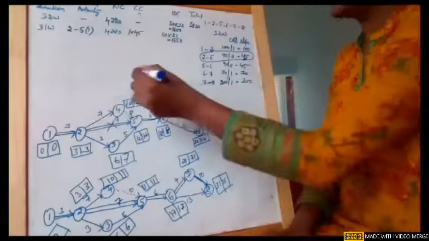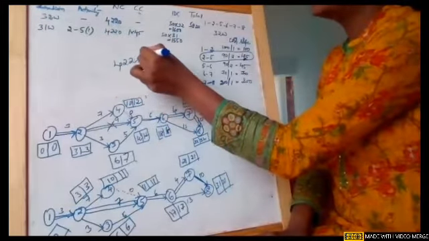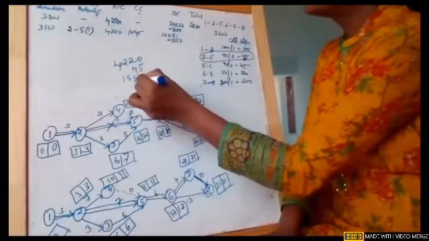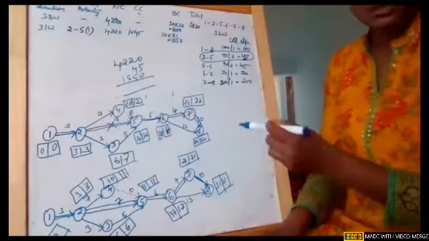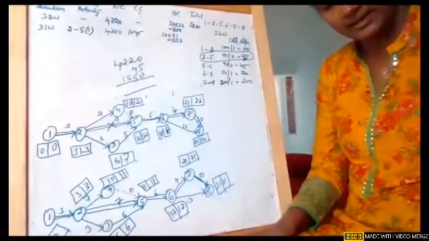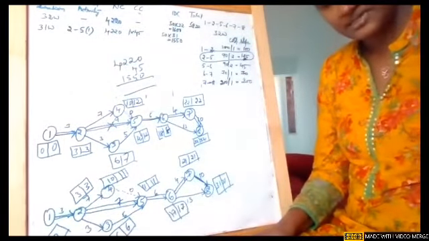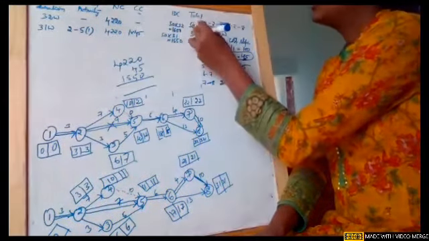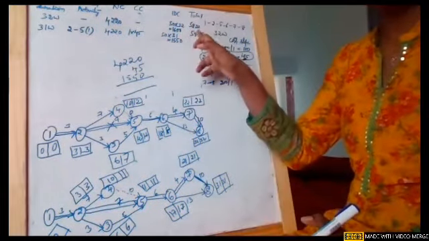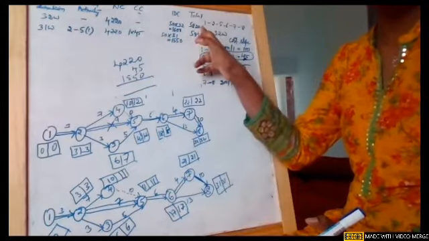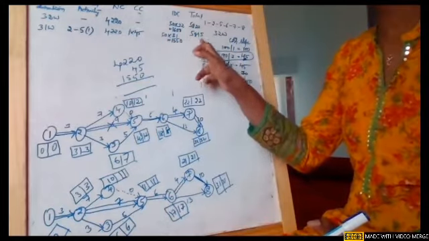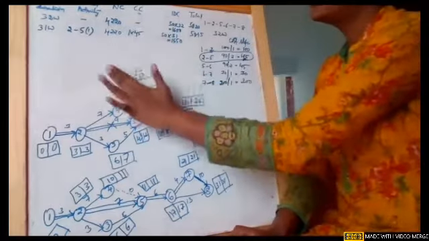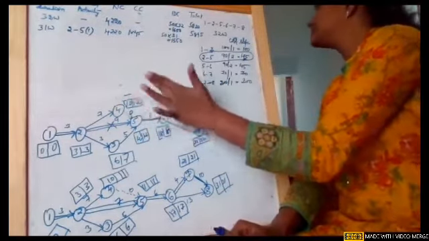So now we need to add the 3, girls: 4220 plus 45 and plus 1550. So now what will be the total cost is what we are going to write, which is nothing but 5815. So now if you can see, earlier our cost is 5820. Because of crashing, my cost has been reduced by 5 rupees. Remember that. So this is how we can do crashing.